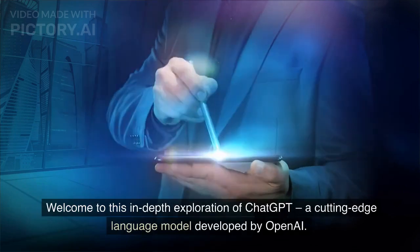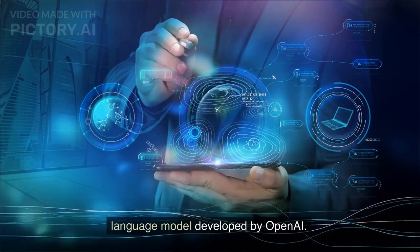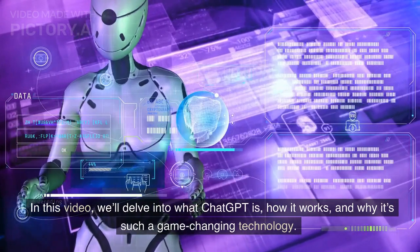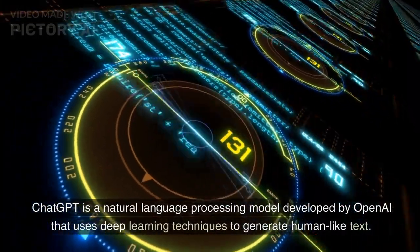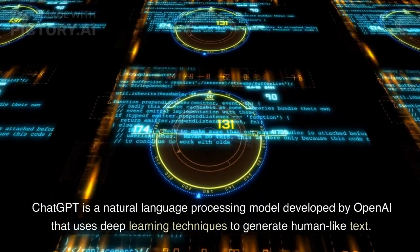Welcome to this in-depth exploration of ChatGPT, a cutting-edge language model developed by OpenAI. In this video, we'll delve into what ChatGPT is, how it works, and why it's such a game-changing technology. So, let's get started. ChatGPT is a natural language processing model developed by OpenAI that uses deep learning techniques to